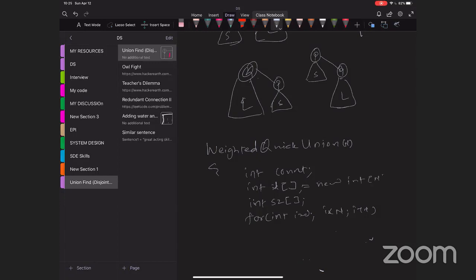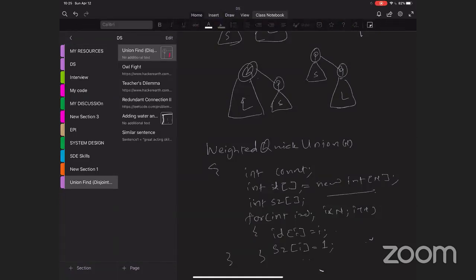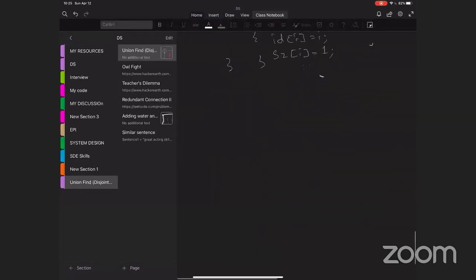When I do this, I set id of i equal to i, and initially I'm going to make size of i equal to 1. So all sizes are 1. Now, when I do the union,